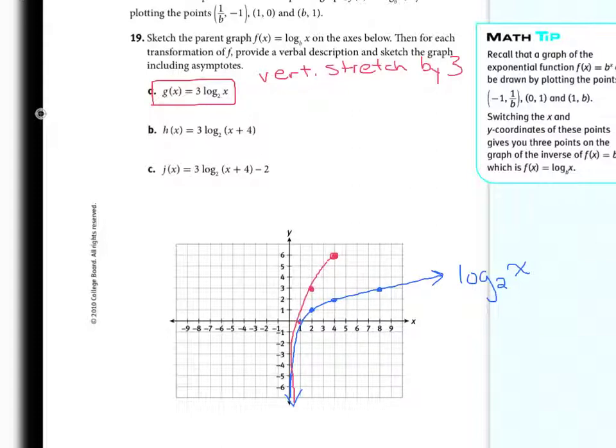But it hasn't shifted left or right or up or down. So it's not going to change my domain or range. This is just the stretch. Now, the next one still has the vertical stretch,